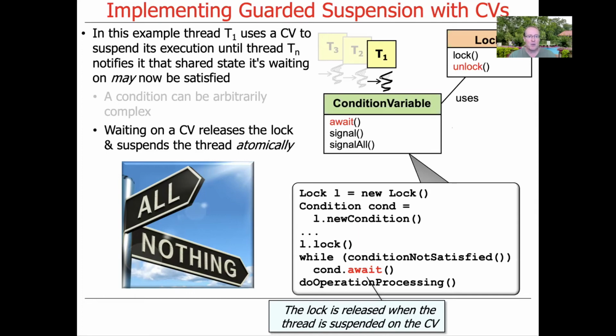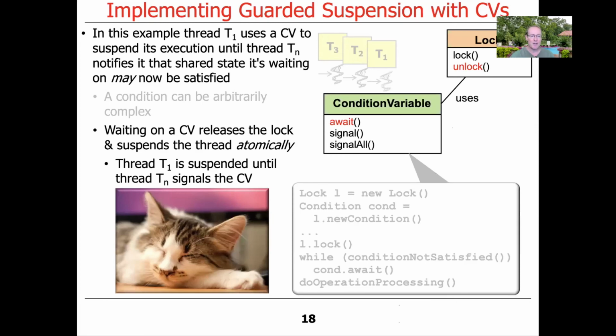Now, the thing to remember is that waiting on a condition variable atomically releases the lock and suspends the thread, puts the thread to sleep. Those two things are atomic operations. And likewise, when it wakes up again, before it returns from await, it also atomically reacquires the lock. And while it's waiting in await, it will be suspended, meaning that the thread will be put to sleep and will not make any forward progress until it's been notified or signaled that the condition may now be to its